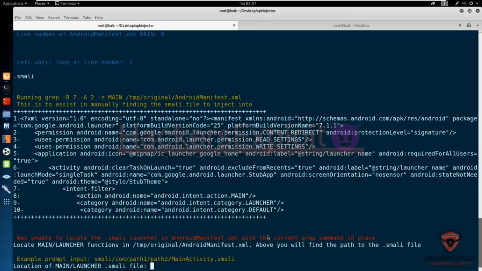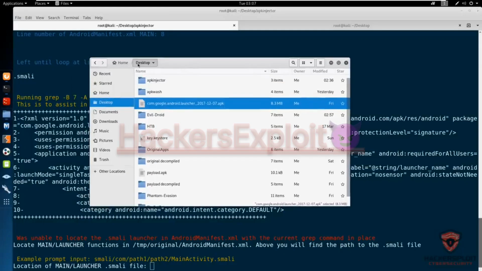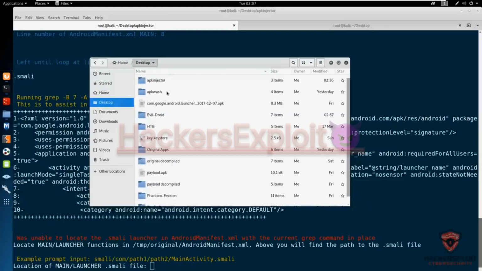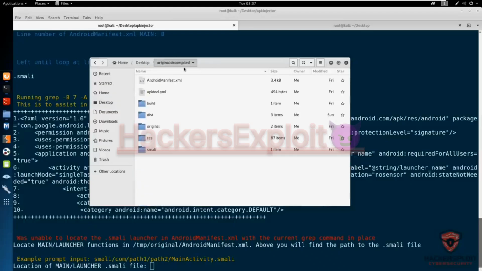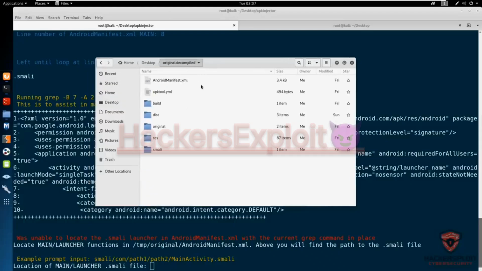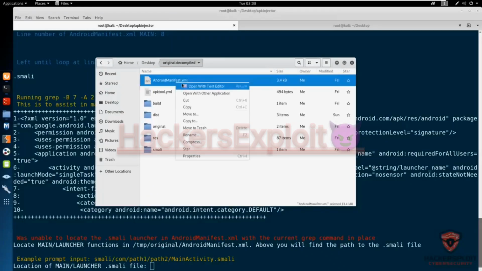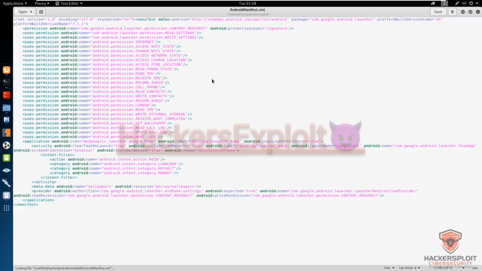And that's why I had to make the video showing you how to decompile and how to embed payloads manually. So if we go back into the decompiled application folder, which I renamed original decompiled, and as you can see, that was created on Saturday, sorry. So if I go in here and I open up the AndroidManifest.xml file, and I told you the two lines you're looking for are the